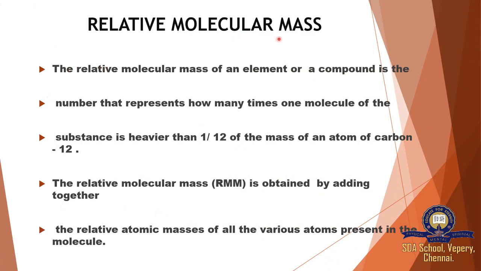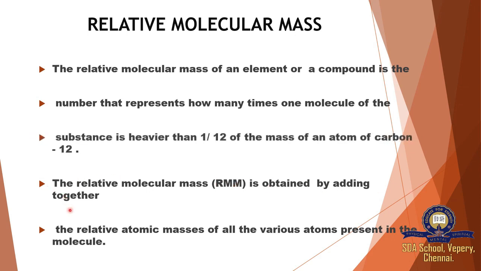Relative molecular mass. The relative molecular mass of an element or a compound is the number that represents how many times one molecule of the substance is heavier than 1/12 of the mass of an atom of carbon-12. It is the same thing we did for relative atomic mass, only now we do it for molecules. We already know a molecule is a compound, so different types of atoms are present in it, and we compare that with the carbon atom. The relative molecular mass, or MM, is obtained by adding together